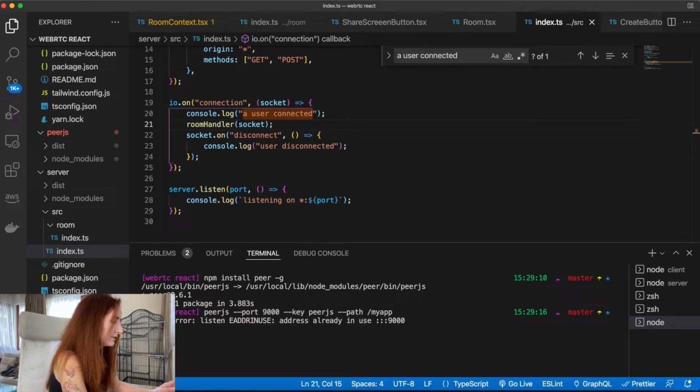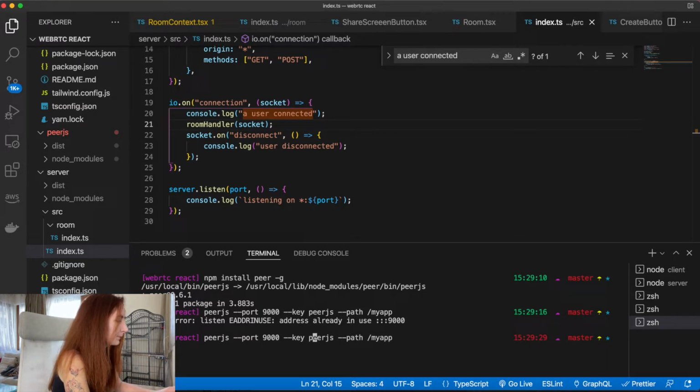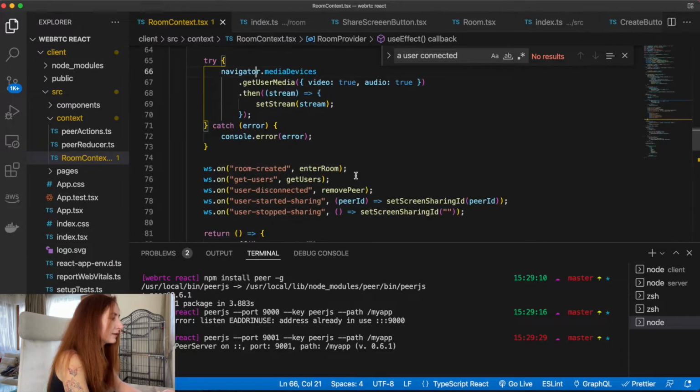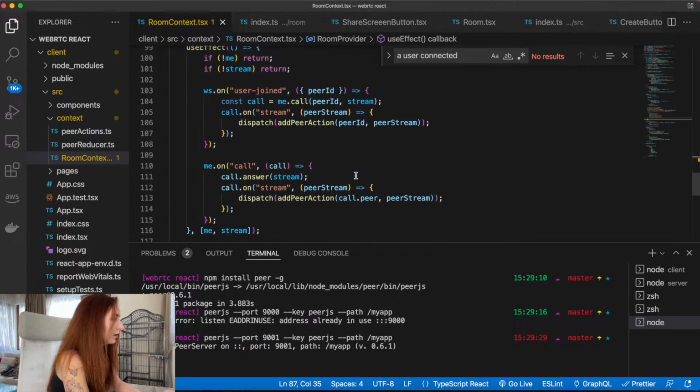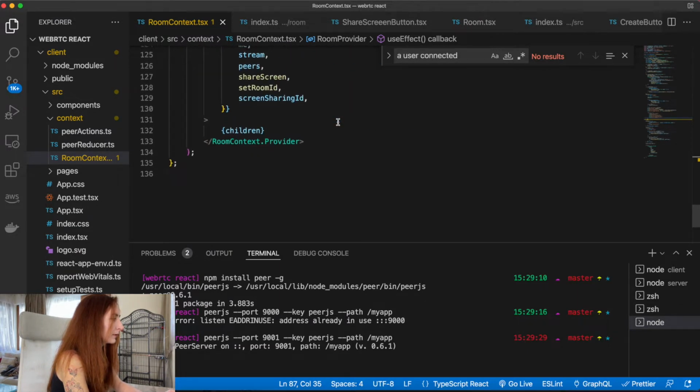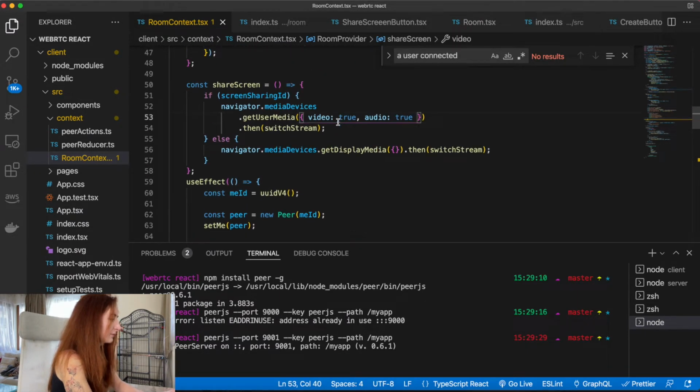Okay, address is already in use. Let's run it on another port. And our server is started. So what's next? In our room context, where we create a peer, where it is,